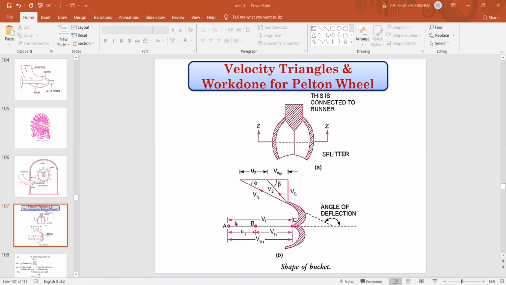We don't get any inlet triangle because it is not hitting at the end of the turbine. Suppose it is hitting here in this direction, you will get your triangle here. Since it is hitting at the center of the blade, we get a horizontal line, which is your V1, right? Already we know V1 is a combination of U1 and VR1. We have seen this already in the case of a jet hitting at the center of the curved blade. So V1 is equal to the summation of U1 plus VR1, and here V1 is also equal to VW1.